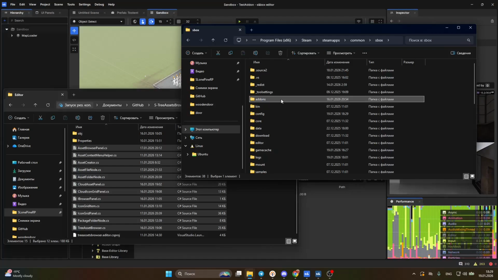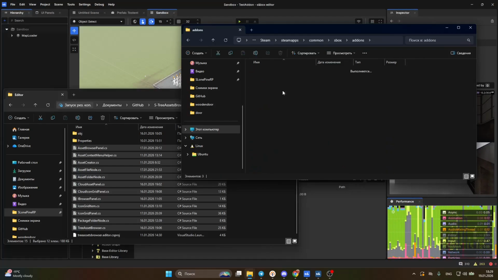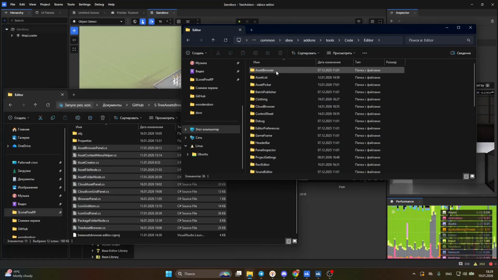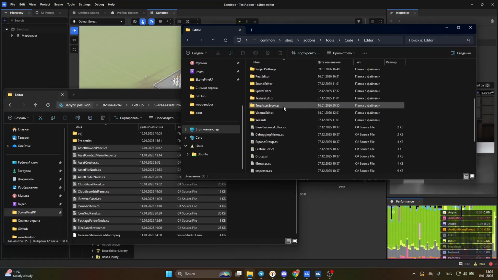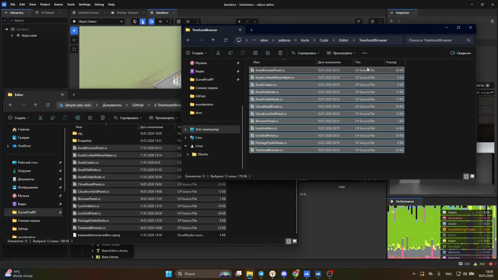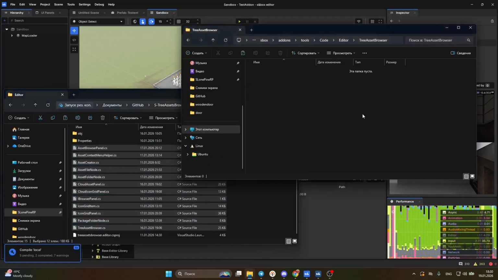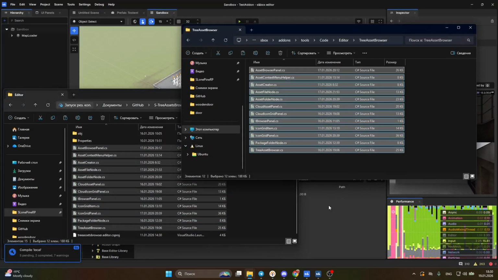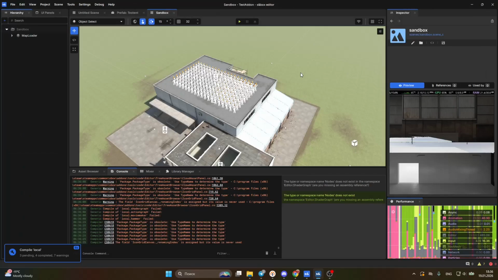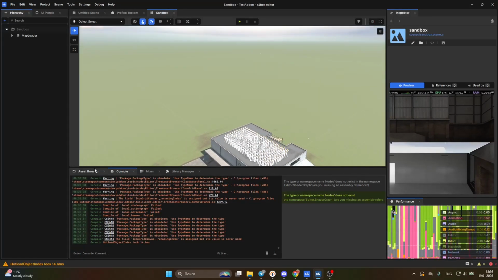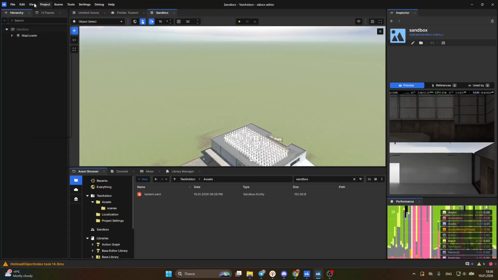So I just made my own asset browser and now you can just use it from the source code, because you can't download libraries when you make add-ons for now. So just create a new folder and put all the source code there. I'll leave the link in description. After compilation, you'll be able to create a new asset browser, open the view tab and just drag it to the right spot.